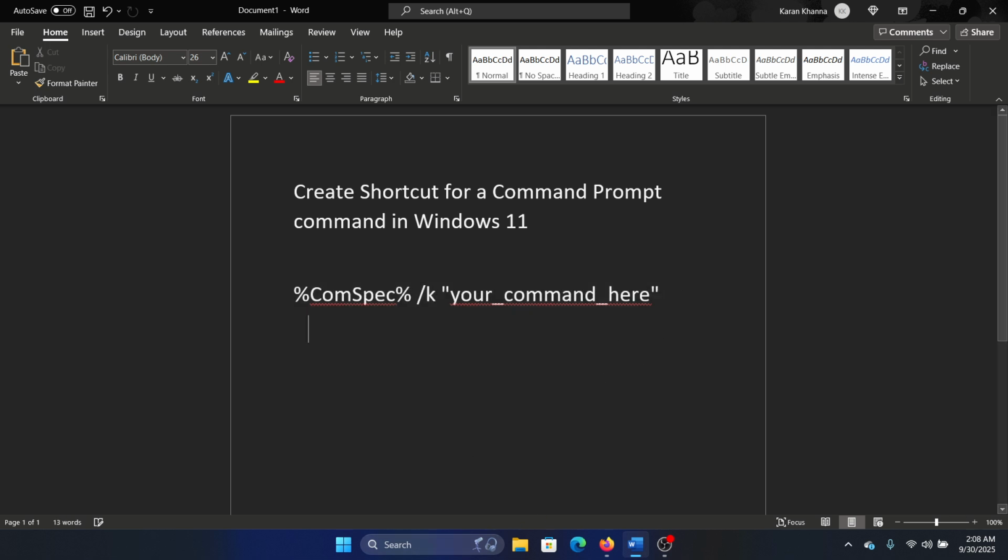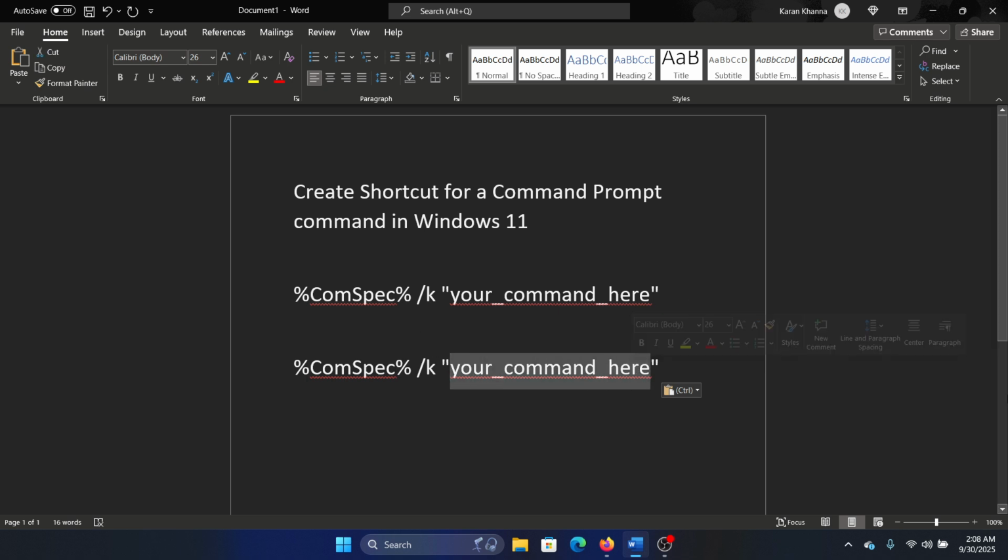Now in this command, copy it on any blank space and then type the command prompt command for which you wish to create the shortcut here. Let's say this is the command. Now copy it